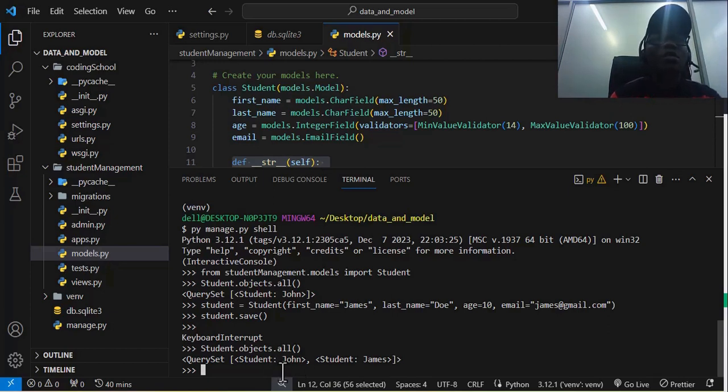Now let's look at the last form of querying our data. Of course, we have looked at Student.objects.all. So you can also